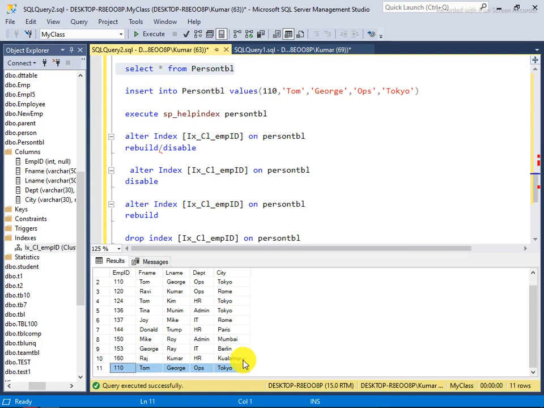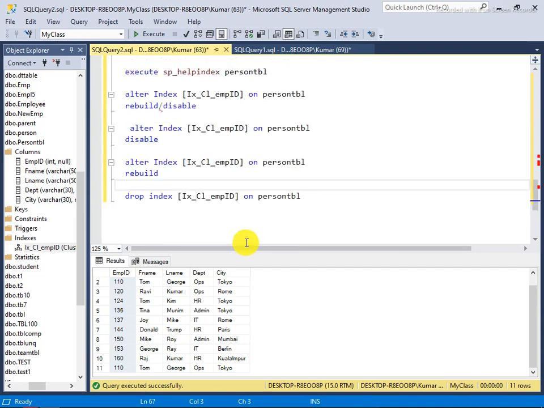So a clustered index means that it will remain inside a table and it will physically try to maintain the order of the table. Okay, so this is about the clustered index. Now I go to the non-clustered index. Non-clustered index means that it's just like a memory. It will make a memory where it will store the address of all the records. So like